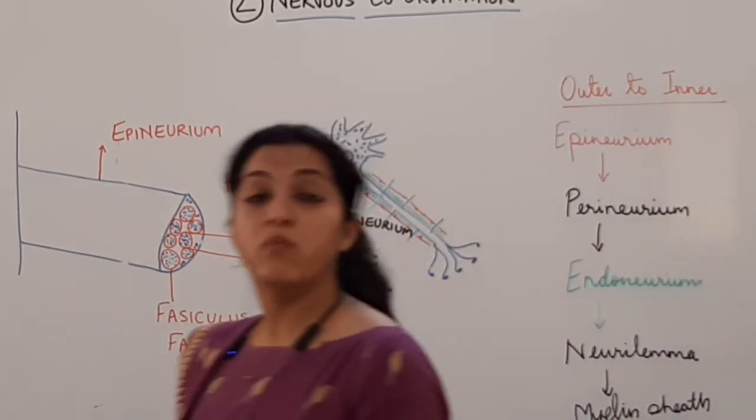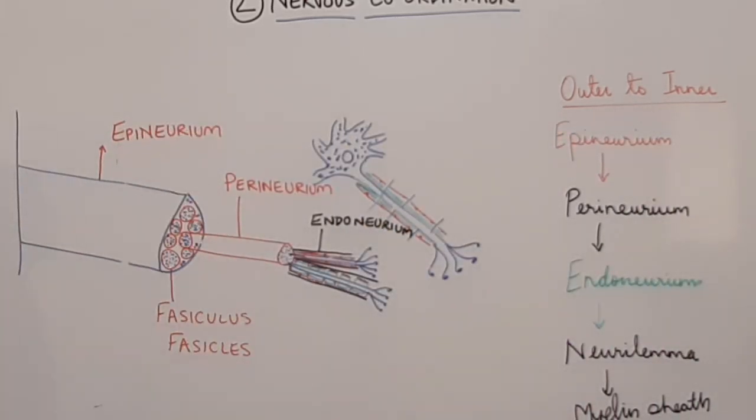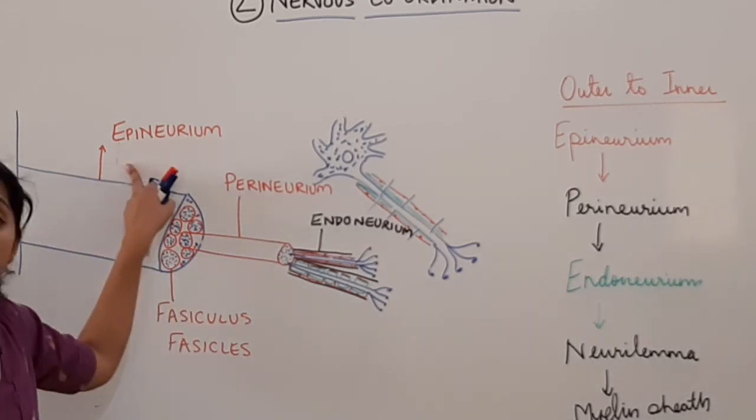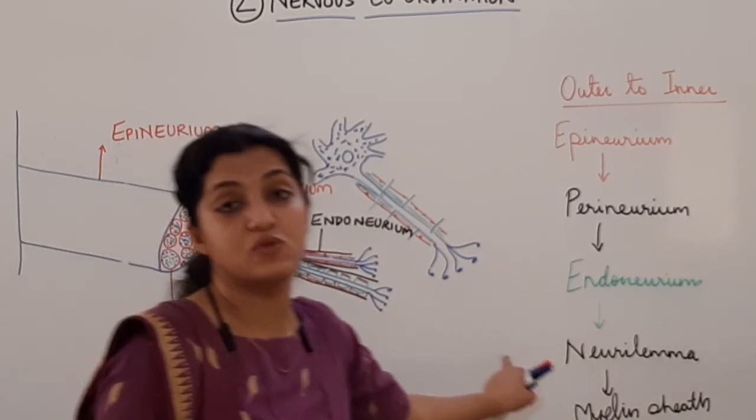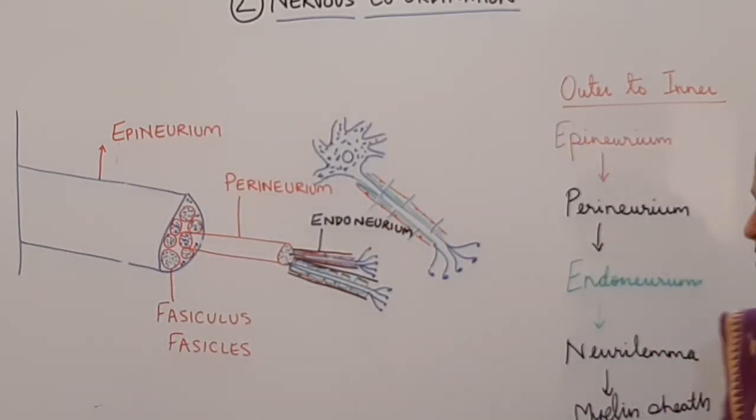देखो अभी आपको ये पूरे स्ट्रक्चर्स अच्छे से समझ में आ रहे हैं क्या? What is epineurium? What is perineurium? What is endoneurium? What is neurilemma? What is myelin sheath? And what is axolemma? All this is going to be what is covering your neuron from the extreme outermost to the innermost. And then if you have to go from inner to outer, you will go from below.